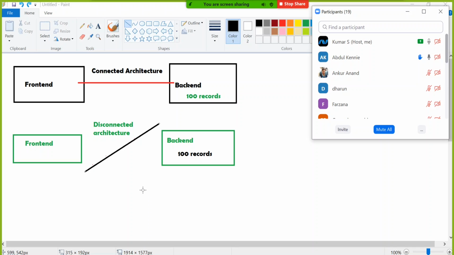Disconnected architecture, it says the entire work will be divided. Like your work will go to the backend, connect the,